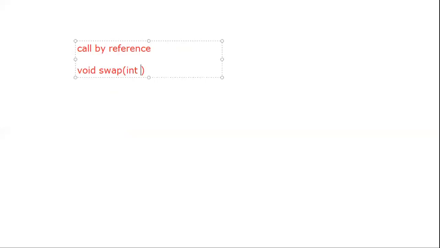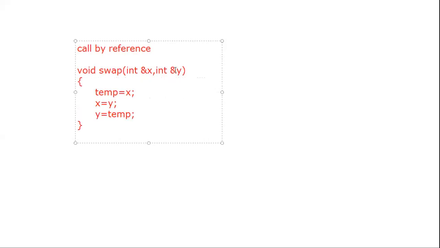For that purpose, this function will accept the address, or reference. So integer ampersand x, and the second one is integer ampersand y. Once you get both the addresses, perform our normal logic: x is y, and y is the temp.